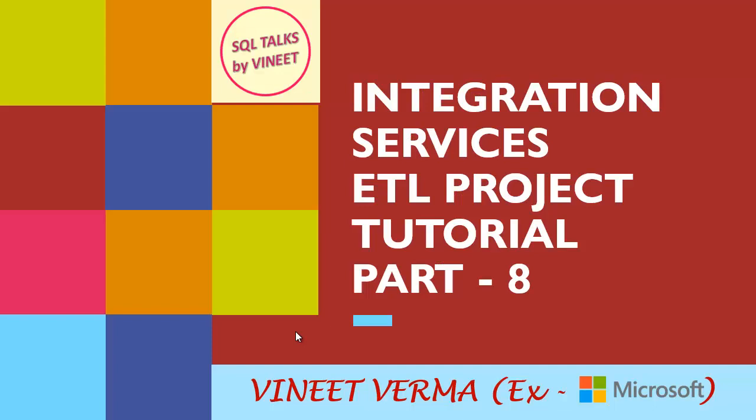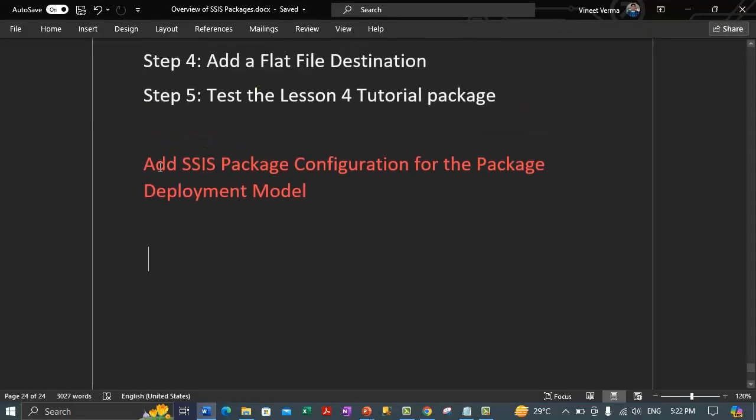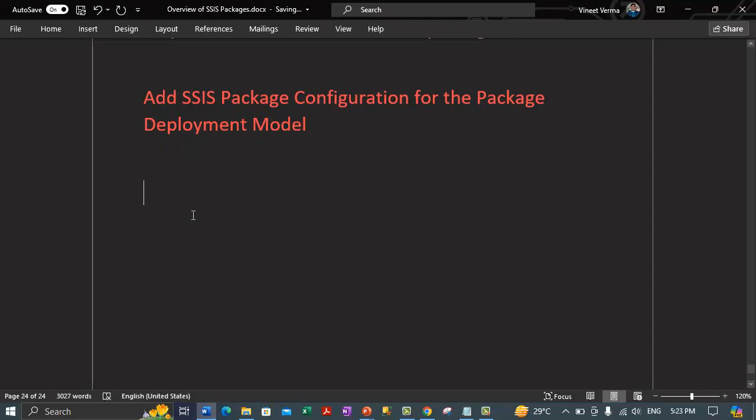Alright, let's come back to the topic, which is we were building an integration services ETL project. So let's go to notes quickly, and today I will be discussing adding the SSIS package configuration for the package deployment model. We will discuss this topic, and we will cover some practicals as well. Alright, so let's continue from here. So this is the topic for today, and basically we will add some SSIS package configuration for the package deployment